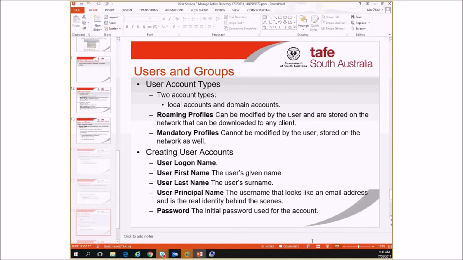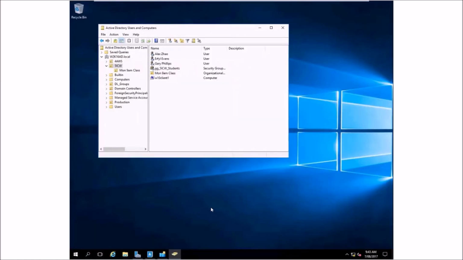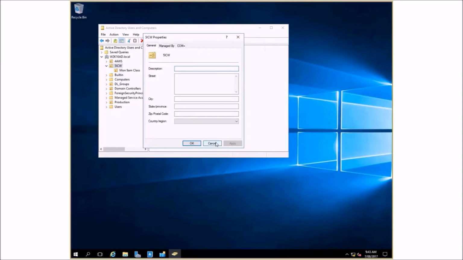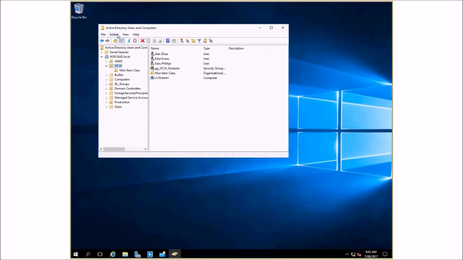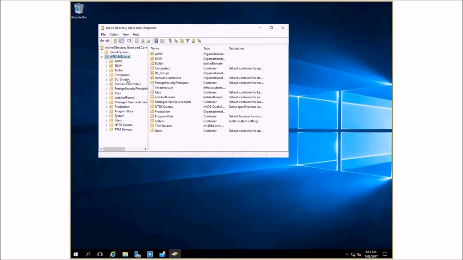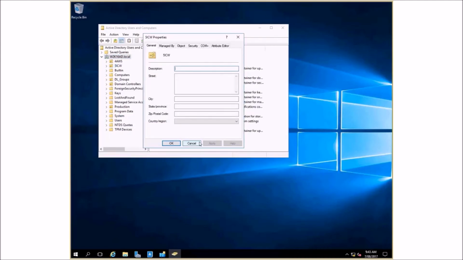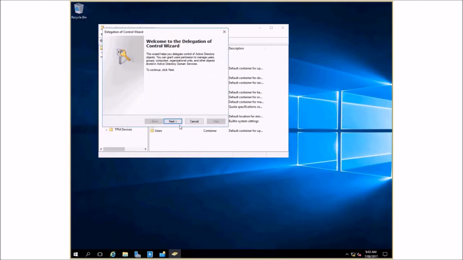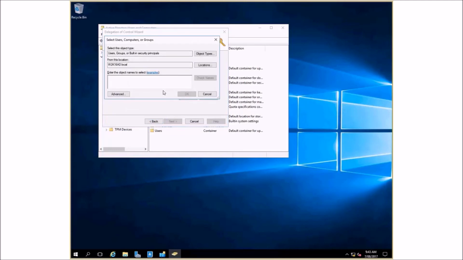We won't be doing this in this subject too much, but let me just quickly show you. For example, in the ICW, that's an organizational unit I created before. I can right click on it, go to properties. Sorry, I have to change the view first to advanced features. Right click, properties. First of all, I could have done it another way. I could have delegated control. This just goes through a wizard, which allows us to add, let's say,